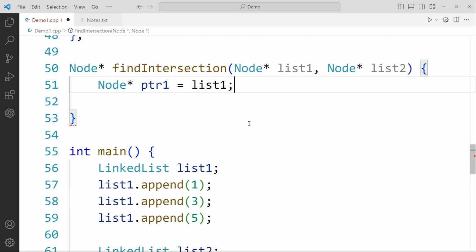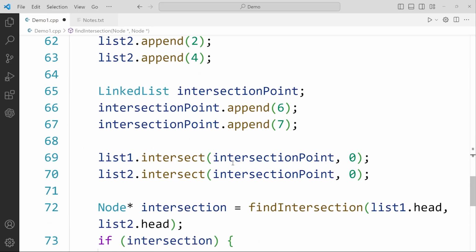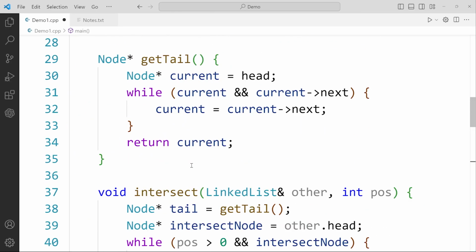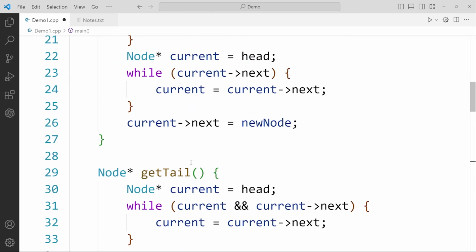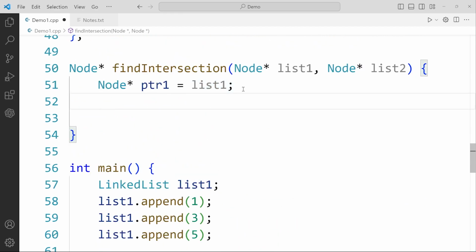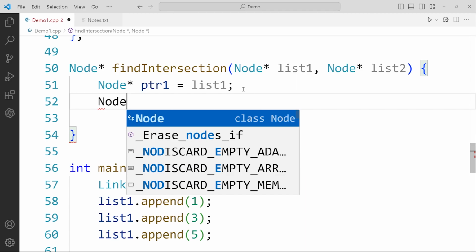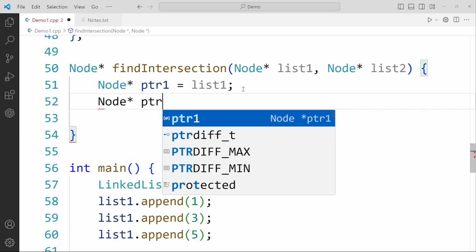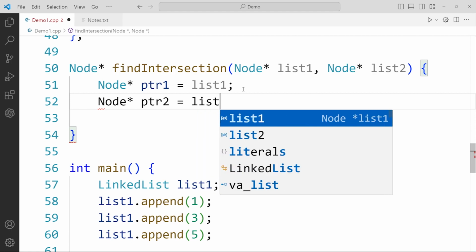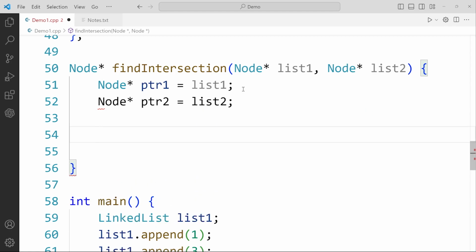Okay, so if you are wondering what is list 1, here list 1 is the object of the linked list class up there. So that's the reason why I'm going to use this. I've stored the whole object into pointer 1, and then I'm going to create another pointer, node ptr2 equals list 2. This way I stored both the objects of list 1 and list 2 into pointer 1 and